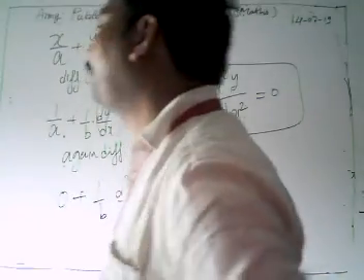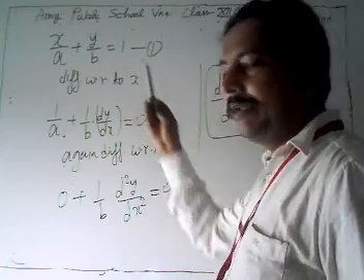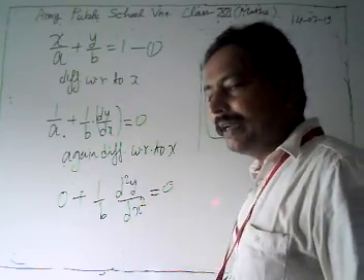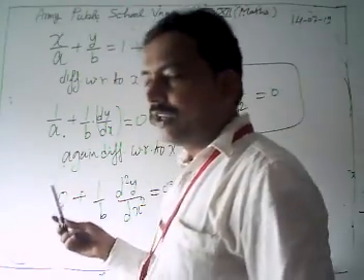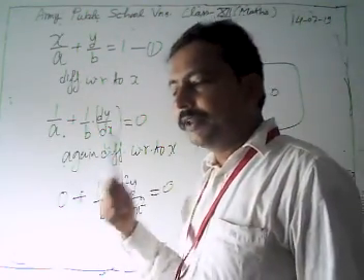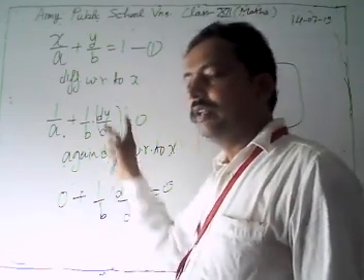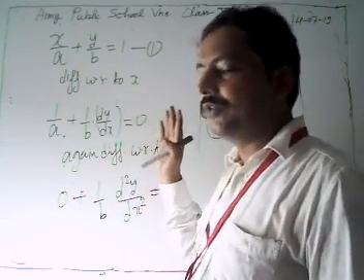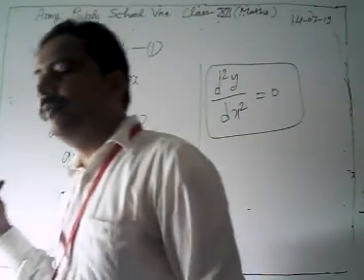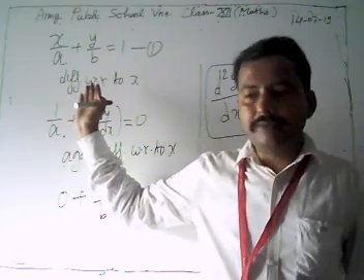The given curve is x/a + y/b = 1. There are 2 parameters, 2 constants a and b. We have to remove these parameters. The number of parameters indicates how many times we have to differentiate. There are 2 constants a and b, so to form a differential equation we have to differentiate the given curve 2 times.